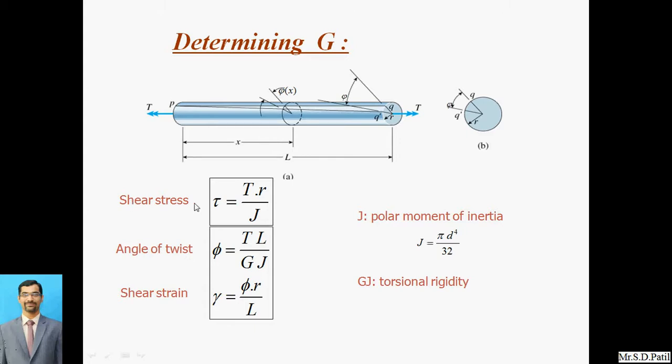So these are the phenomena that we are going to calculate. The angle of twist phi we have calculated by the formula T into L divided by J into G. So J into G is the torsional rigidity concept. Through this we are going to calculate the angle of twist, and the shear strain, that is mu, is equal to phi into R divided by L. So these are some formulations to calculate the terms, that is the shear stress, angle of twist and shear strain. Basically all those calculations we are going to conduct in the practicals.